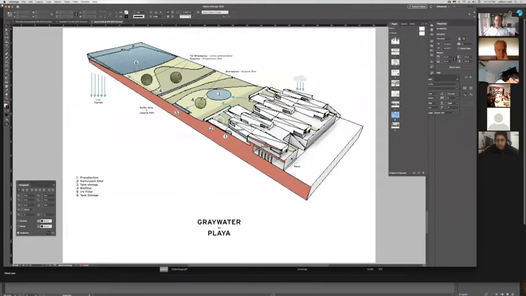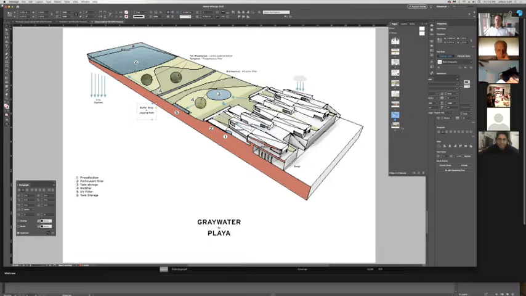Here I have a 3D version. Again, this text is remade. It's not from the original drawing. And then when you end the presentation,